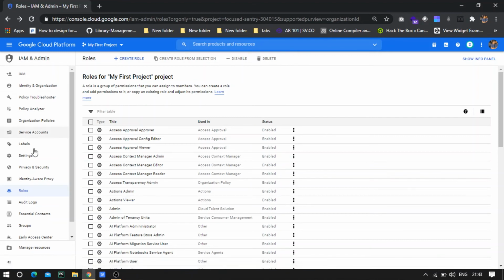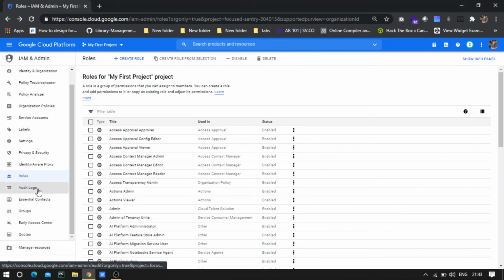We also have policies, where we will have a JSON file. We will be writing a bit of code so that we can apply some roles to particular identities, or we can apply permissions to the roles. So this is how the policies work.